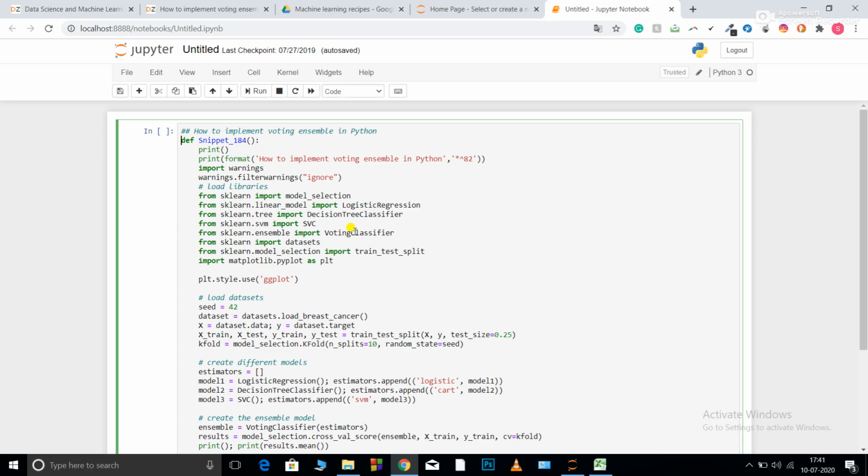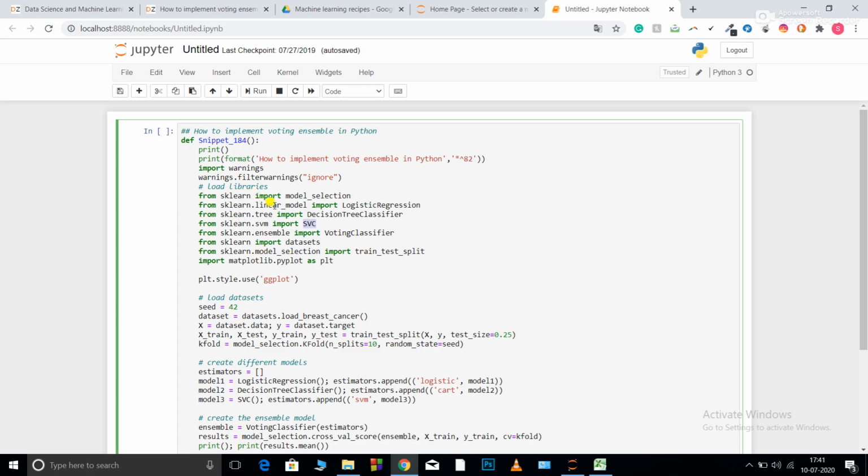Consider a class A in which my logistic regression gives me the best result, whereas consider a class B in which my decision tree classifier gives the best result, and consider a case of class C where my SVC gives the best result. So I want the best result out of all these, so I can use a voting classifier. When it does hard voting, it picks up the best from all of these three models and combines them to give me a model that is a combination of all those three.